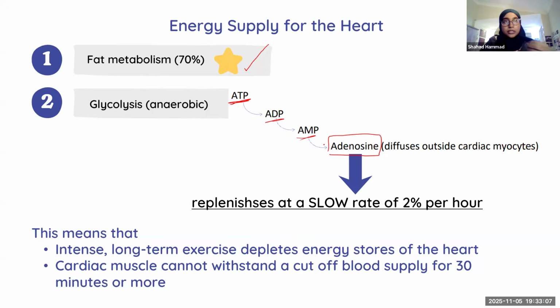If somebody has been exercising for the past 5 hours, and they are already predisposed to some sort of heart disease, because of the slow rate of replenishing adenosine, the heart is not able to continue contracting because the energy or the vasodilation is not enough. It's not being produced fast enough. So here, intense long-term exercise depletes energy stores of the heart, and the cardiac muscle cannot withstand a cut-off blood supply for 30 minutes or more. And this is especially important in patients who already